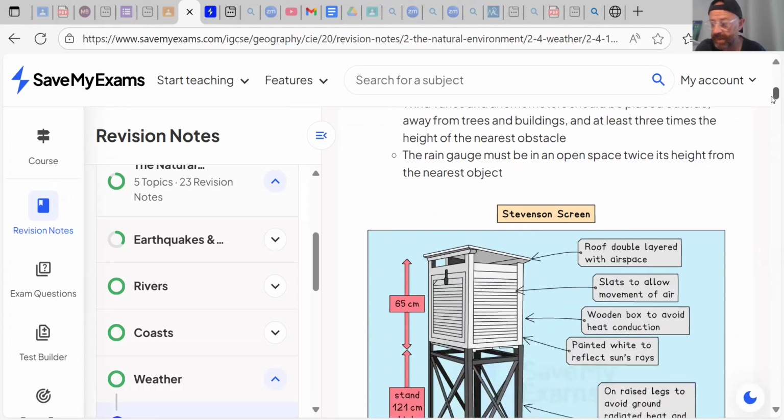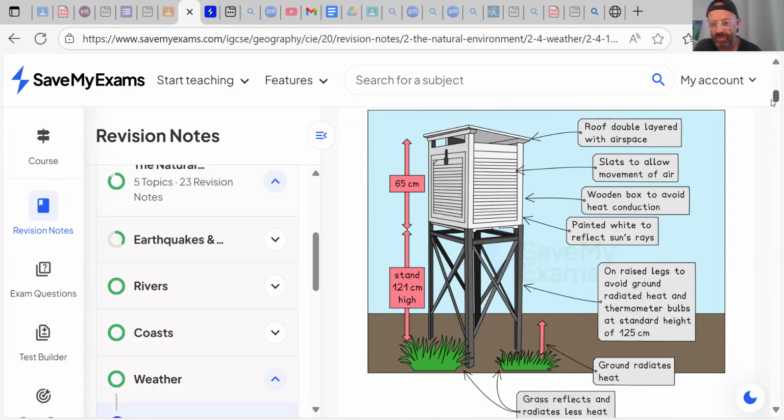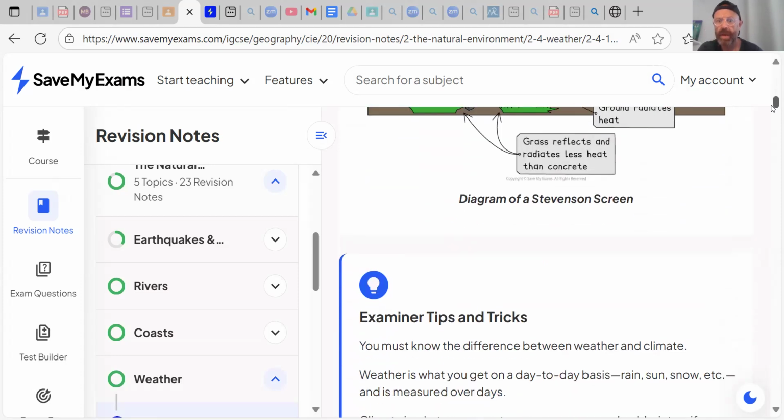Let's have a look at this. It's a nice diagram of that. I don't want to spend too much time on it. We're not teaching here. We're just activating prior knowledge. Okay. Think of all those things. There's insulation in there as well, I think. Okay. Wooden box that avoids heat conduction, off the ground, reflected air movement. Okay. Now,